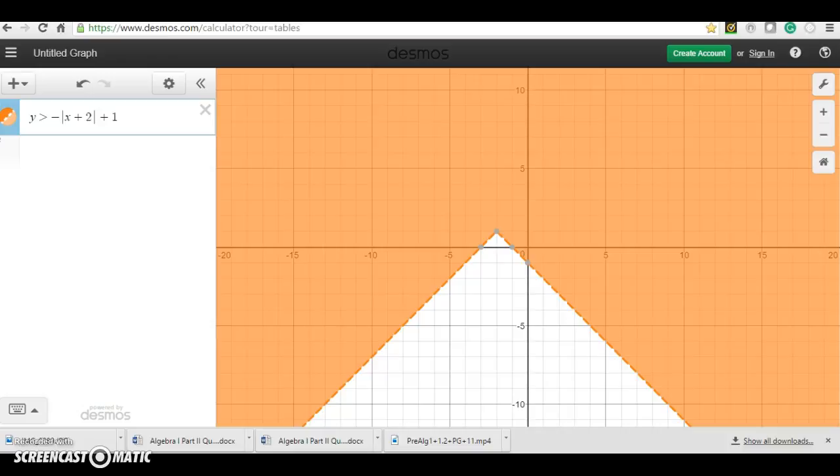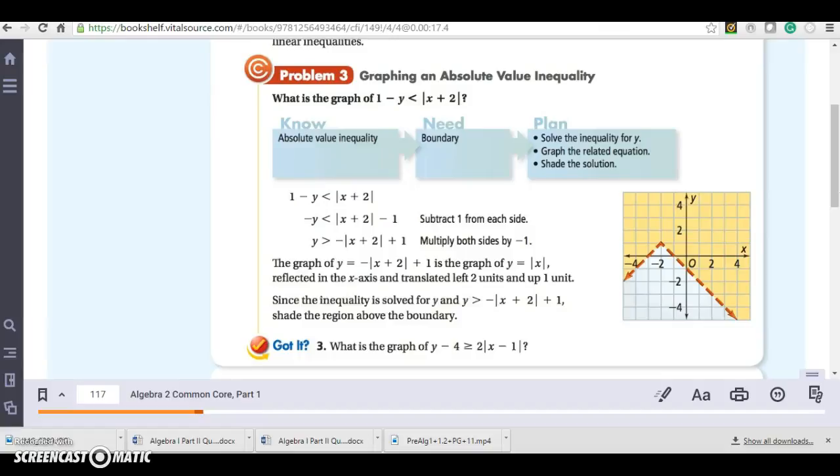So moved over 2, or up 1, excuse me. Okay, and so there's my graph. And as you can see, y is less than, so it's everything below. And it's negative, so it's flipped upside down. Okay, so now let's look at